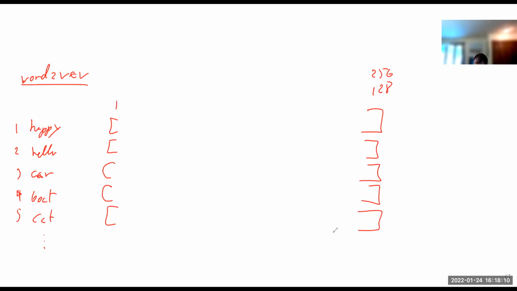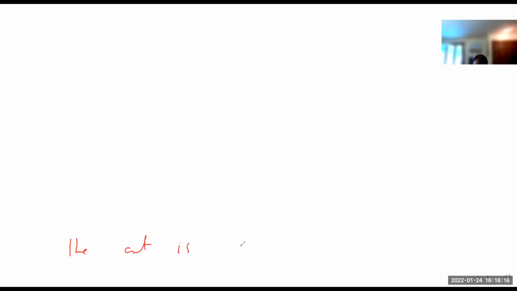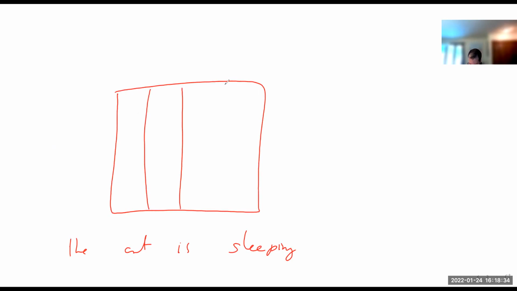And if you have a sentence, let's say the cat is sleeping, this has 4 words, right? So really, it will be a matrix of basically 4 vectors in this order. So each one, and this is from 1 to 128. So this is what you provide to the network, to the neural net.